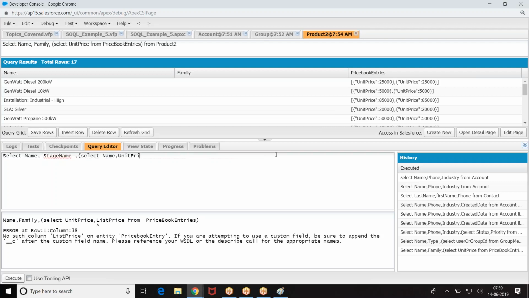Unit price, from unit price, quantity. Select name, unit price, quantity from opportunity line.